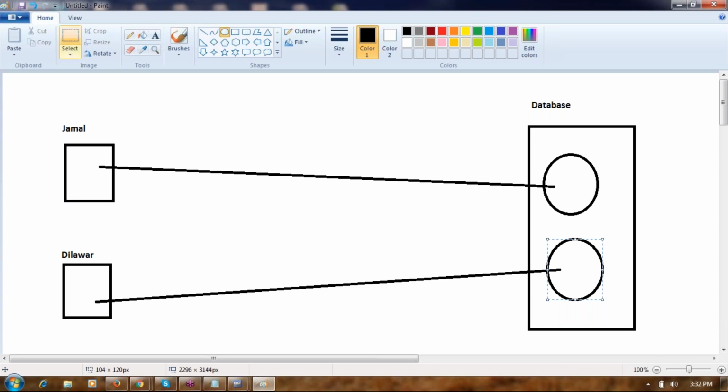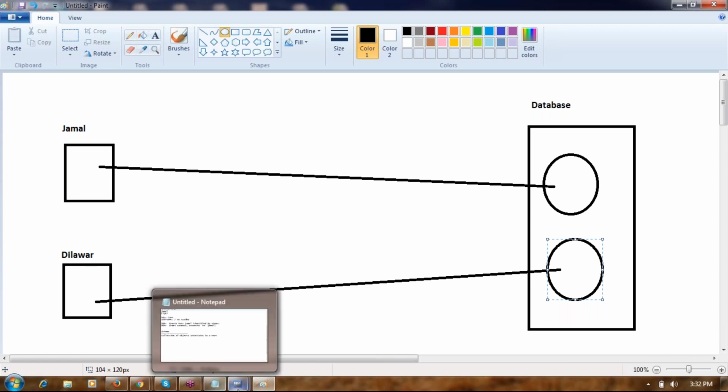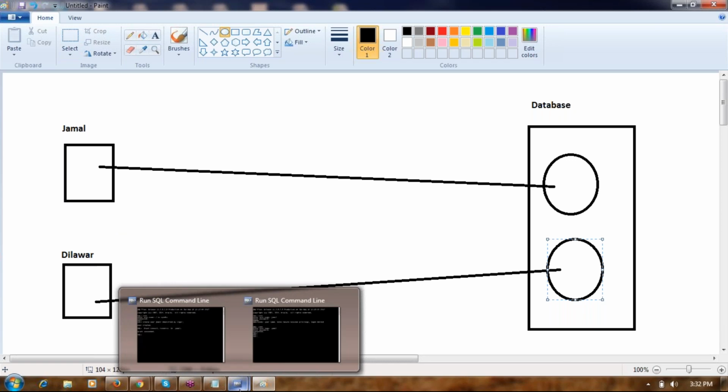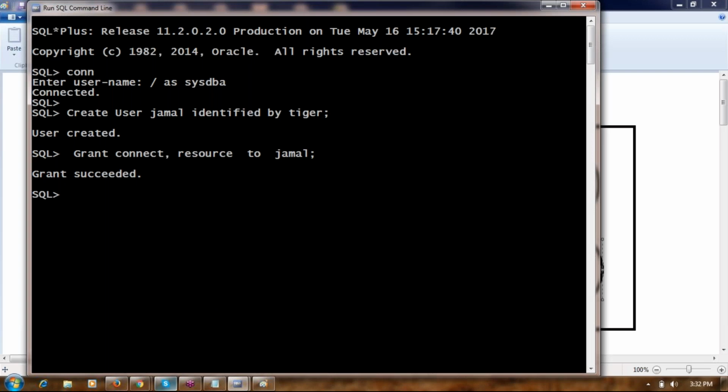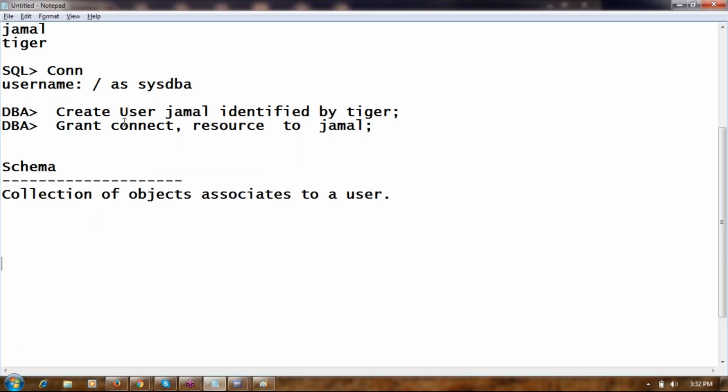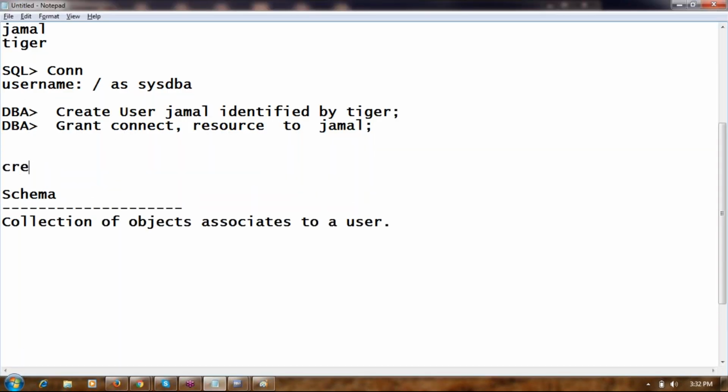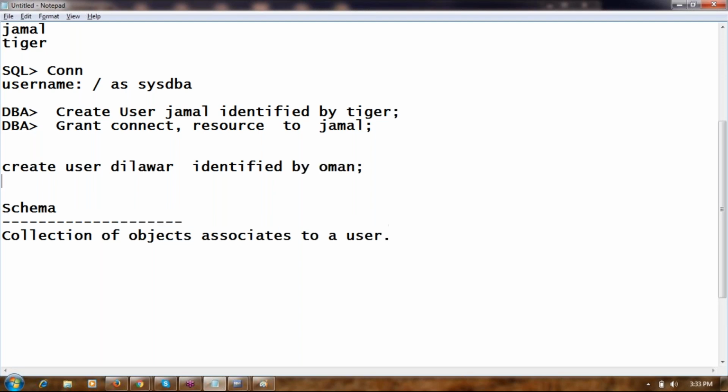We already have the Jamal user. Let us create one more user called Dilawar. Who will create the new user? We know that the DBA will create the new user. I run the create user command, and Oman is the password.